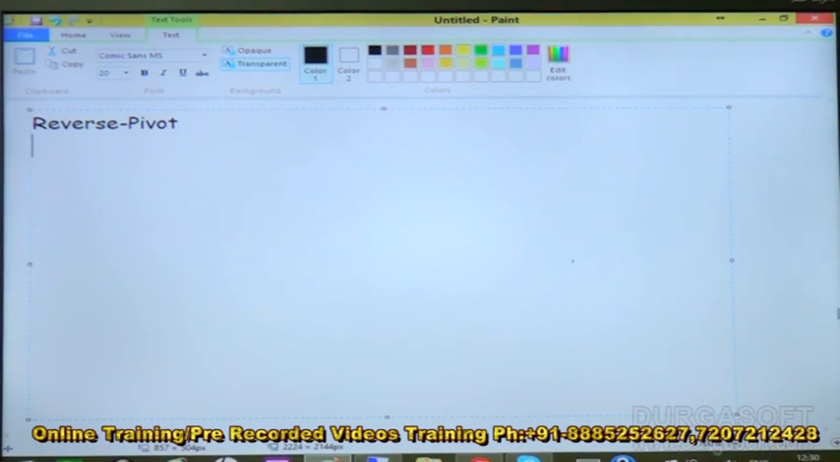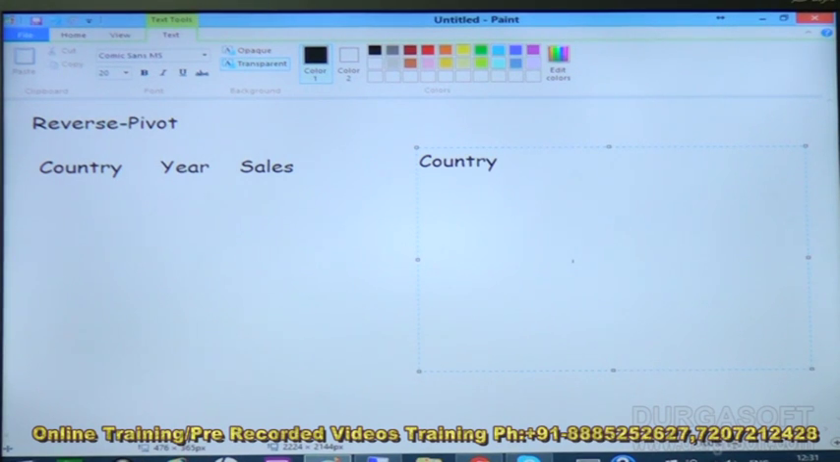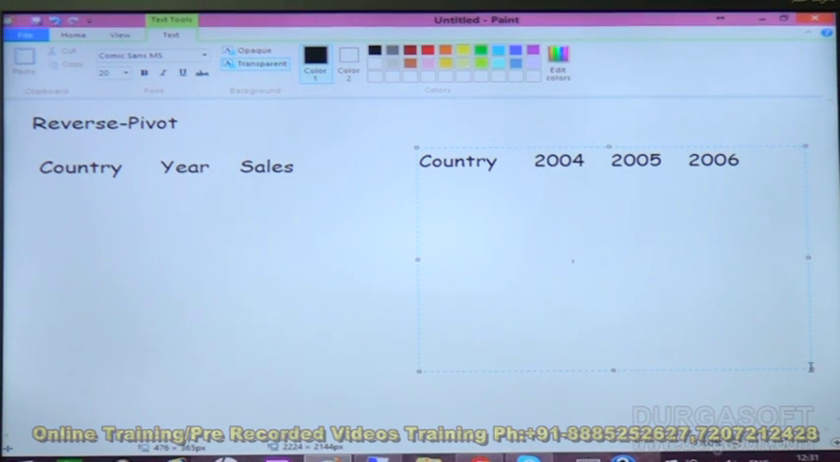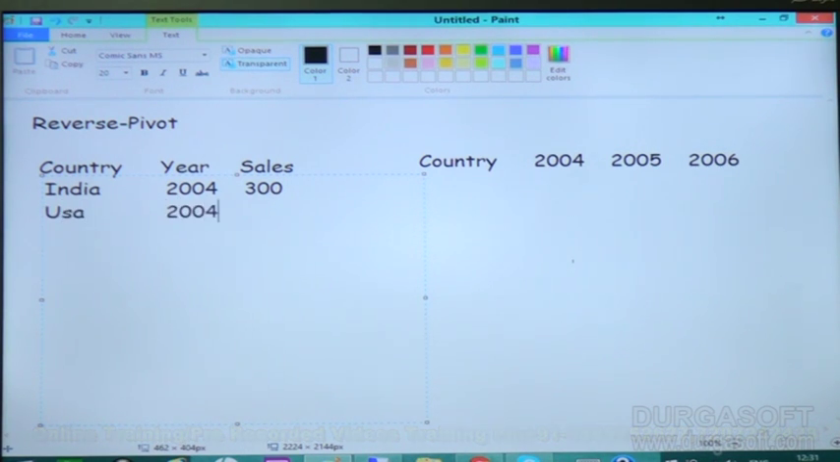So this reverse pivot, same thing, we get the output as country wise, year wise, sales per rate. So it will come as the output scenario country wise, like year wise 2004, 2005 in the case of sales, and 2006. So if you have country like India, 2004 result, some $300, USA 2004,